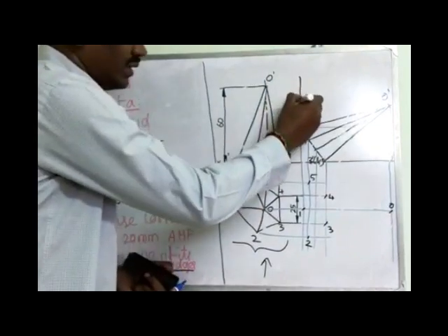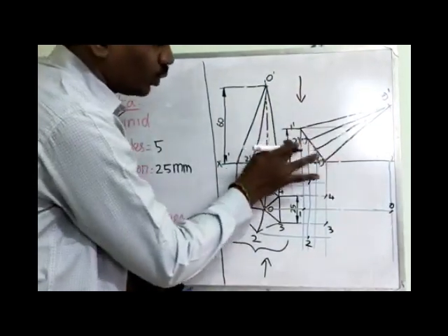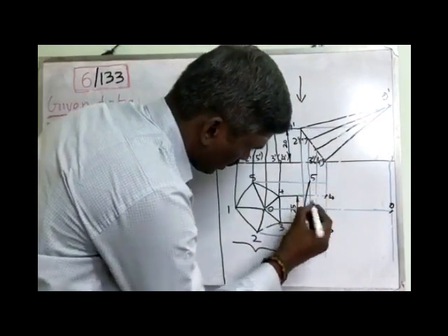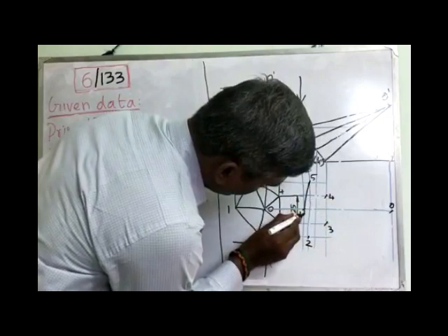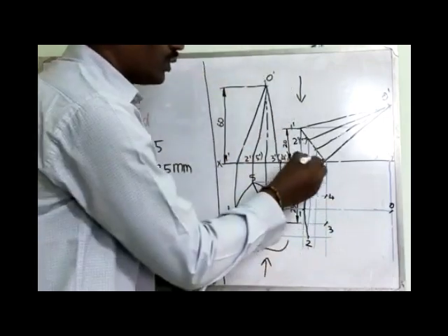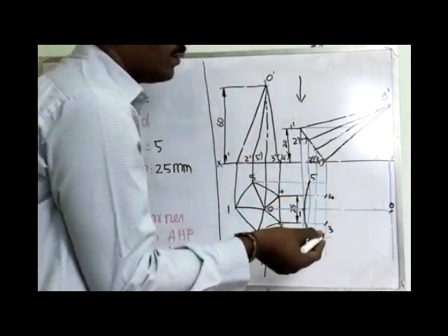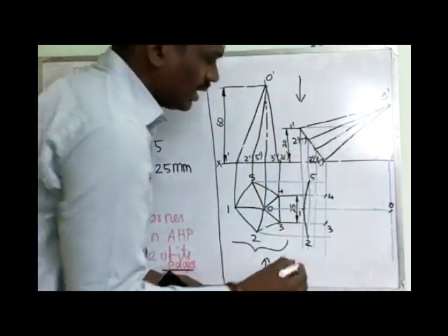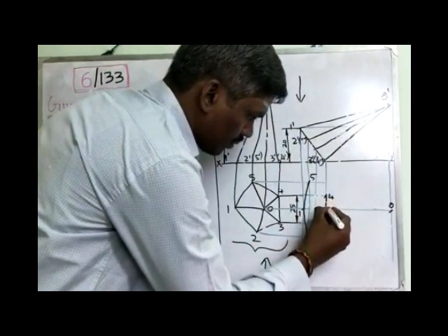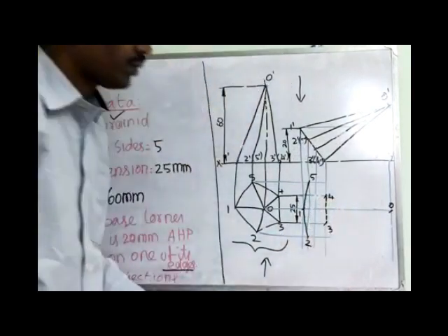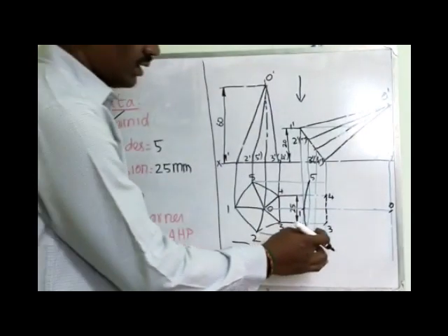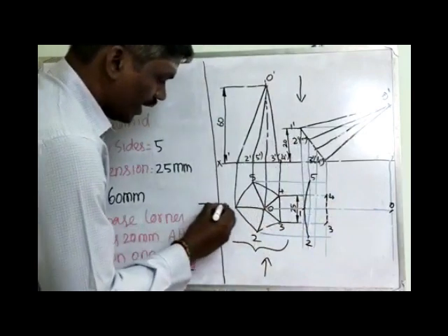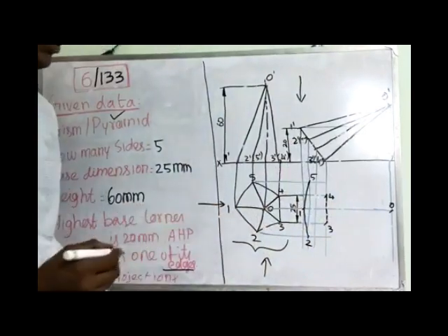When you project the base edges above the axis line, 1 to 5 are all visible. 5 to 1 and 1 to 2 are visible. 3 to 4 is definitely invisible, because that edge is available between the axis line and the reference line. So this is 2 to 3 and 4 to 5. Later we discuss. Now we find out whether the slant edges are visible or not.